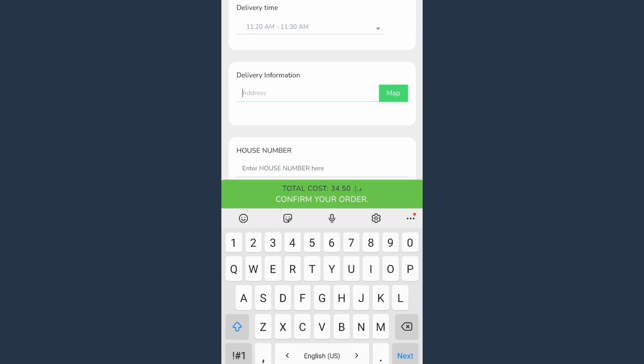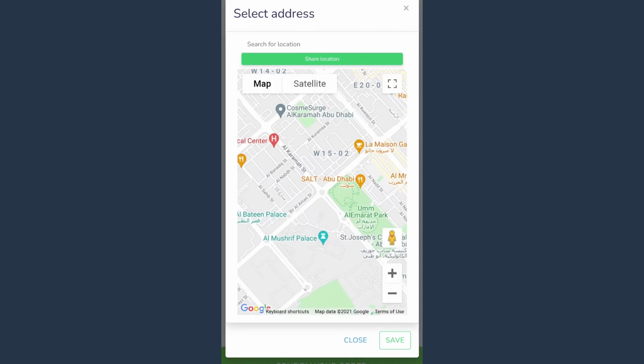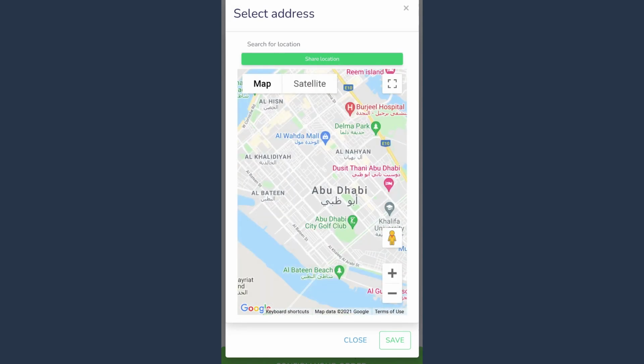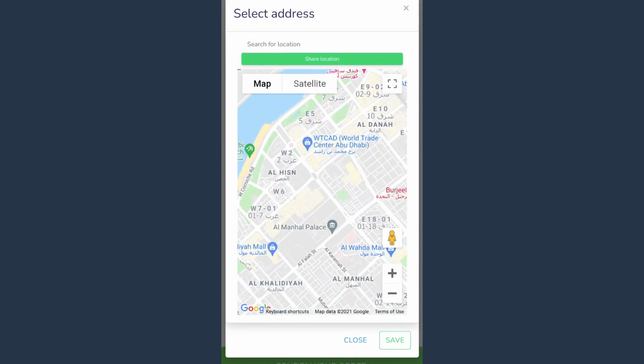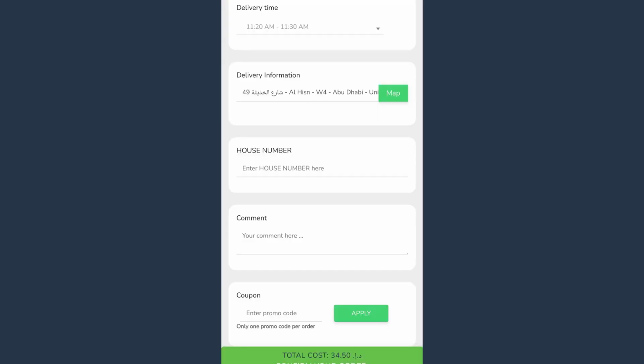And here you either type your address or you can have the location map, and it will just save the exact location, and the same will be displayed in the order.